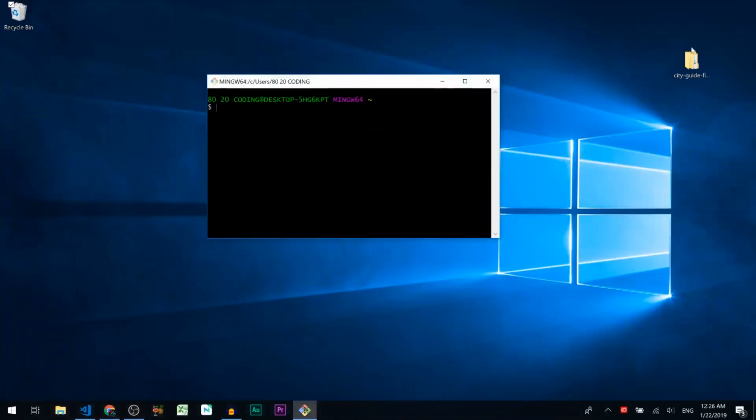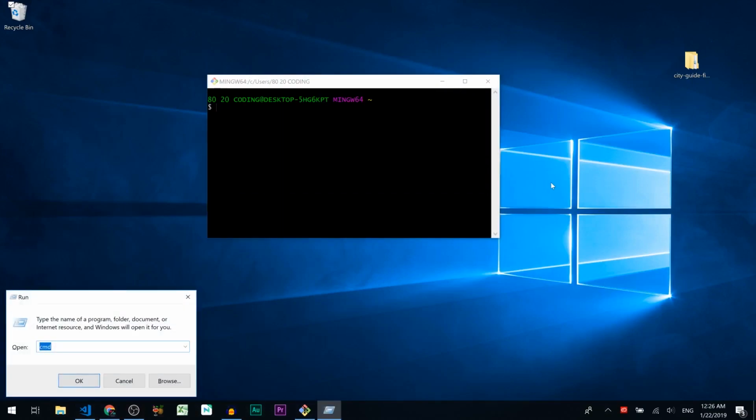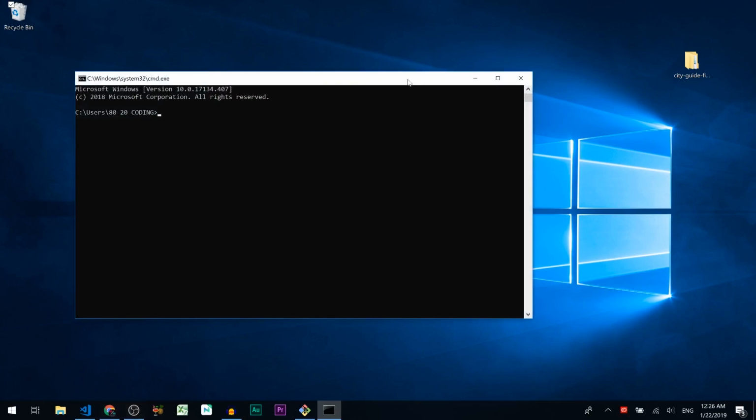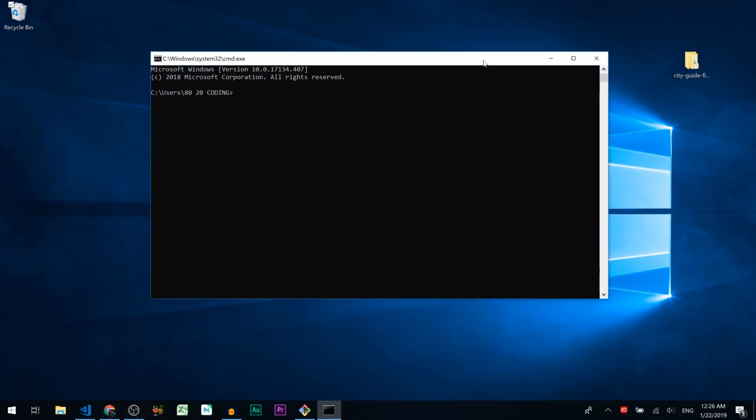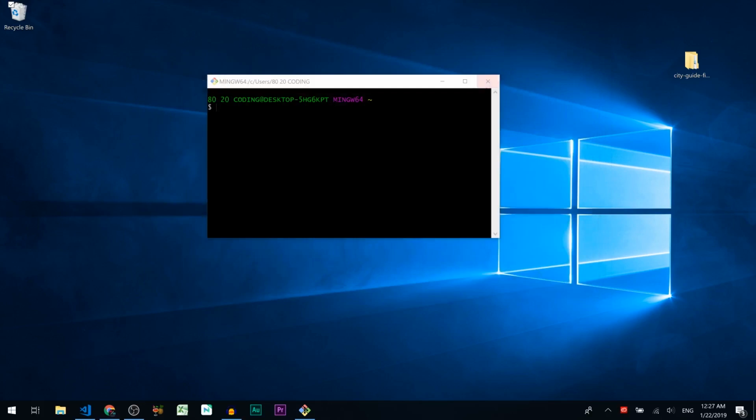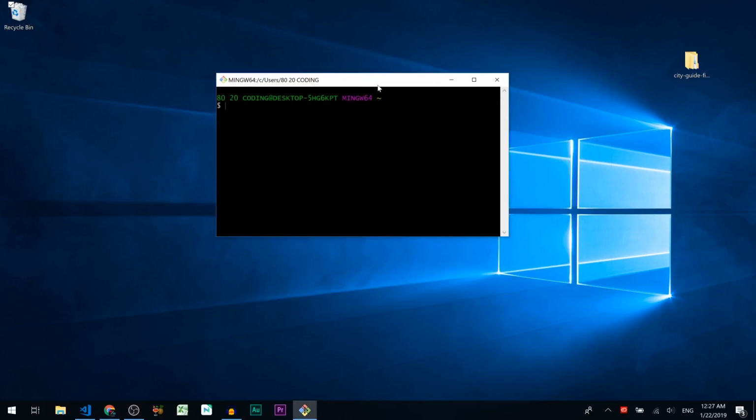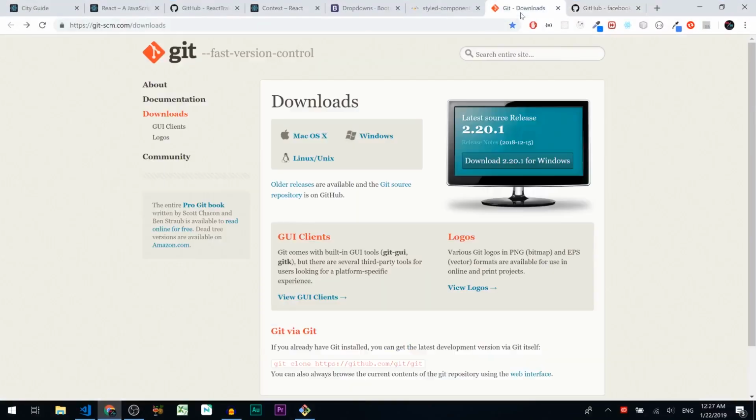If you are a Windows user like me, then press the Windows icon plus R on your keyboard. In the run window type CMD, it will open a terminal window. If you are on a Mac, then press CMD plus space to open Spotlight search, then type terminal and hit return. I personally like to use the Git Bash console instead of the default Windows CMD console. To get the Git Bash console, simply type in your browser address bar git-scm.com/downloads, then press the button to download and install it.